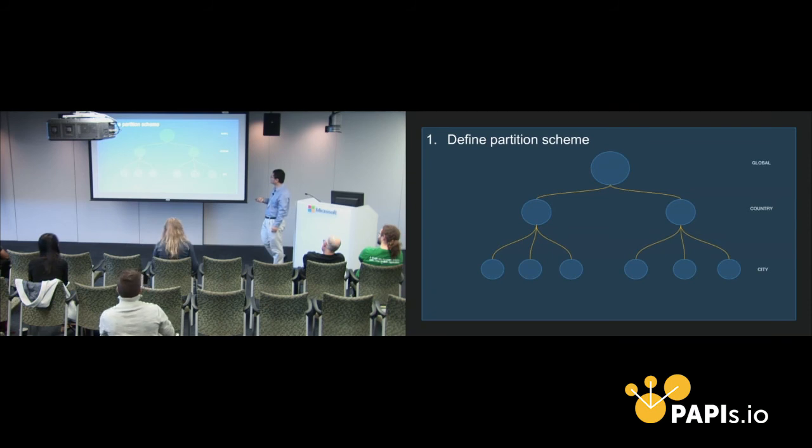So the leaf level will be, say, cities, and then you have country, then you have the global level. You don't have to partition this way, but it's one way to partition your models. Each node you can think of as a model. So let's say we have Boston, San Francisco, New York at the leaf level, and we're going to train all of these